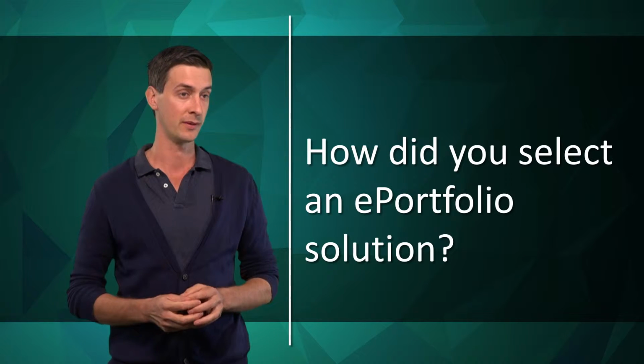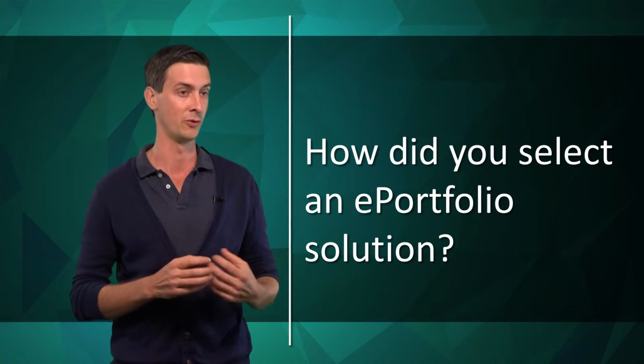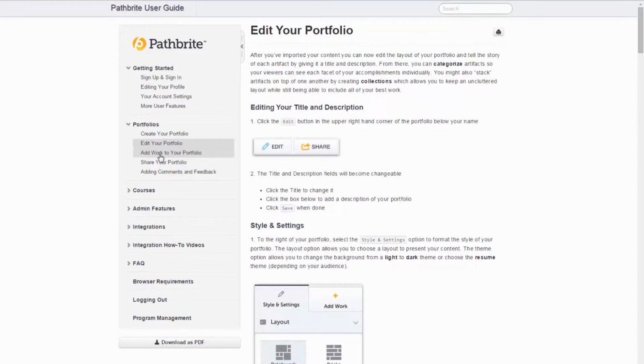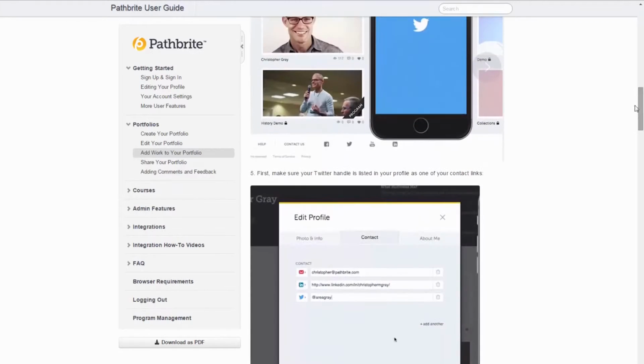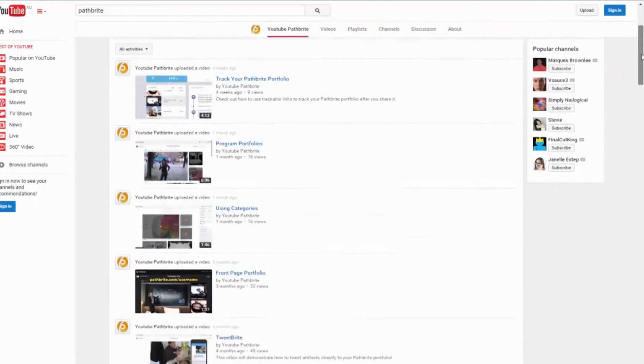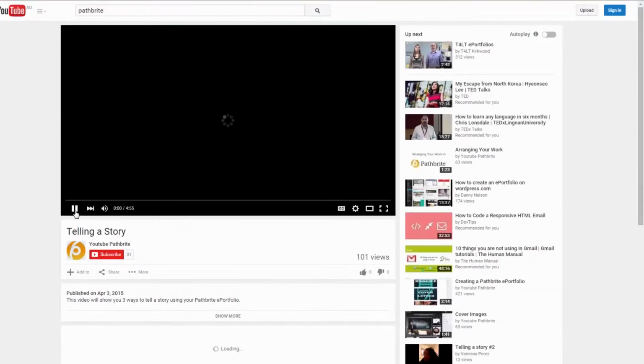It was easy to use and transferable, something they could take away at the time they finished here, which Blackboard does have. It also had inbuilt help guides and how-to videos. Options like Pathbright were really neat and contemporary, with some fantastic videos, a great YouTube site.